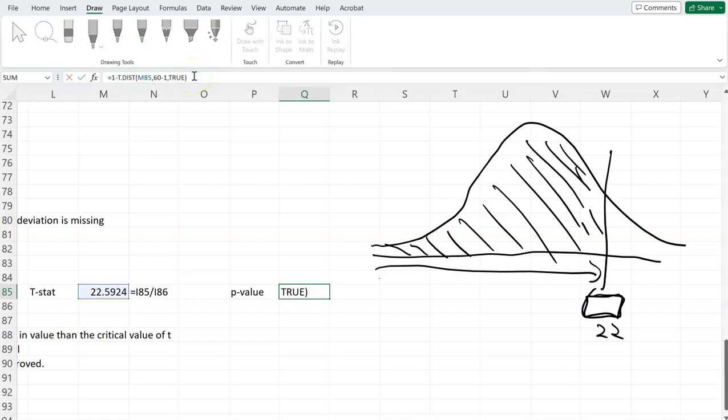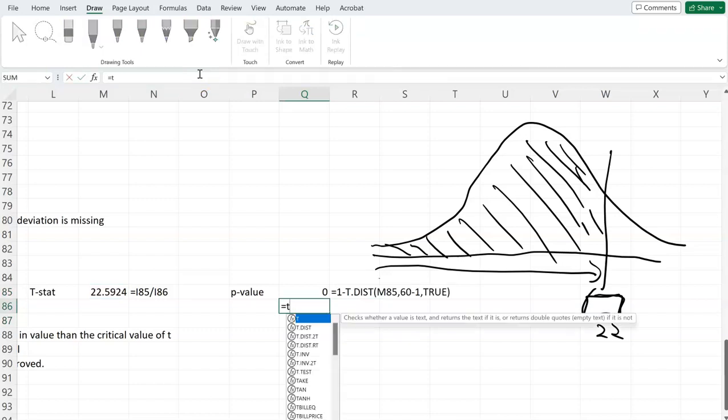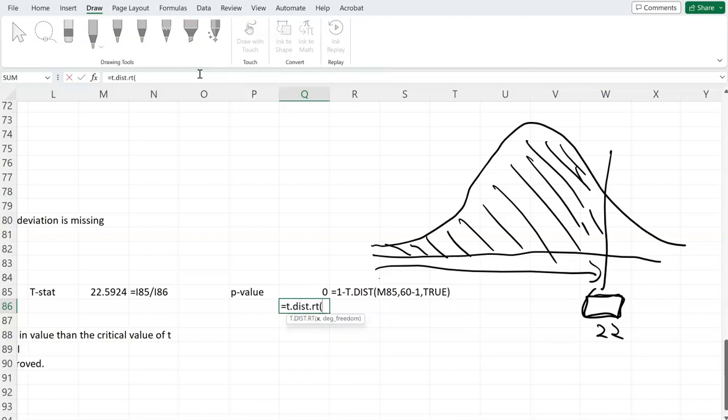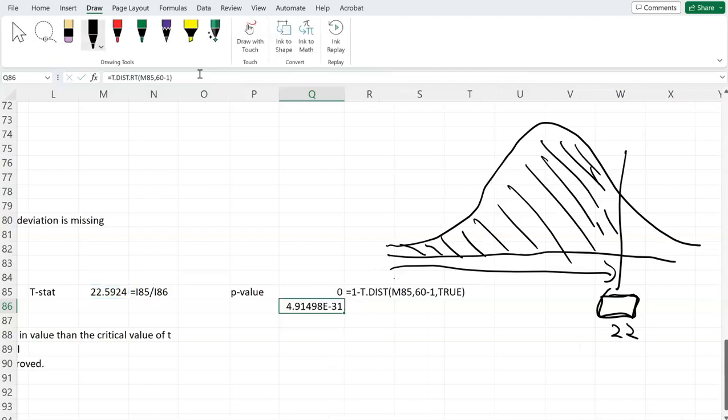Or the other way would be t.dist.rt, and I write the x, which was this value, 22, and the degrees of freedom is 60 minus 1. And I get a very small value, which is very close to 0. So either one is fine, but